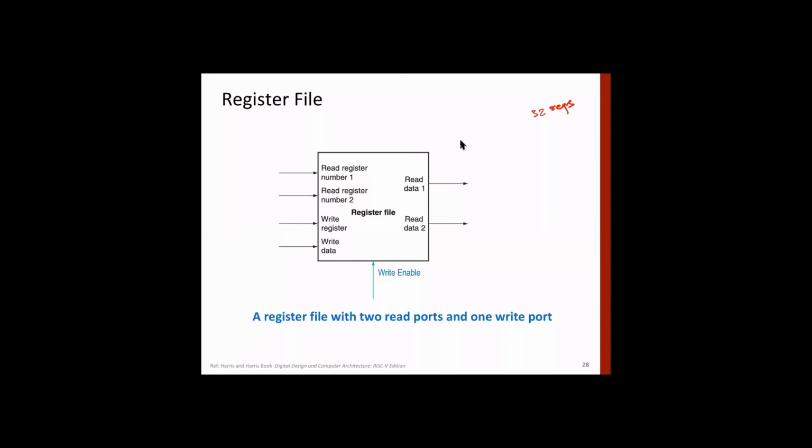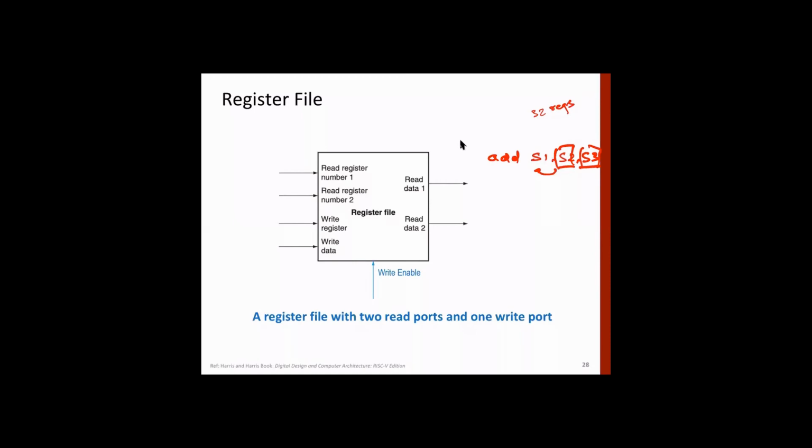Okay, so all operations like add S1, S2, S3. These are the source operands, where it means that we are reading registers S2 and S3 and putting the result into register S1. Have you noticed that at any point in time, in most operations, we can read a maximum of two registers.